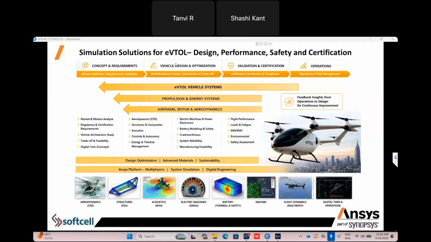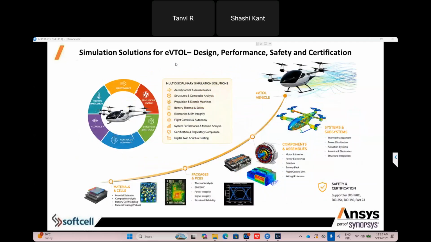So these all can be captured in a smooth way using these solutions. So these are major highlights, from the beginning, material to delivery of the eVTOL.